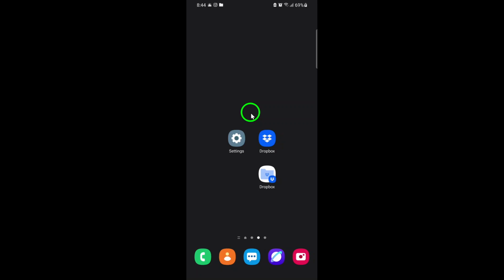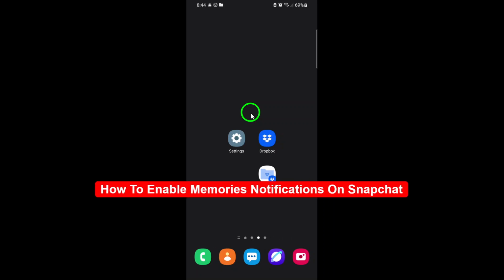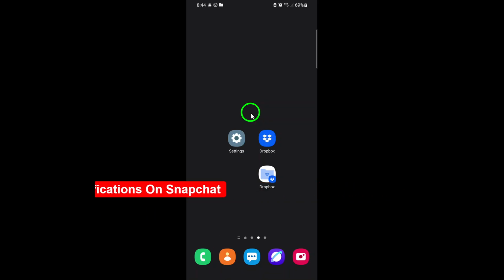Welcome. Today I'm going to guide you through the simple steps to enable Memories notifications on Snapchat, so you never miss those special moments you've saved. Whether it's a throwback snap or a reminder to check your saved stories, turning on these notifications helps keep your